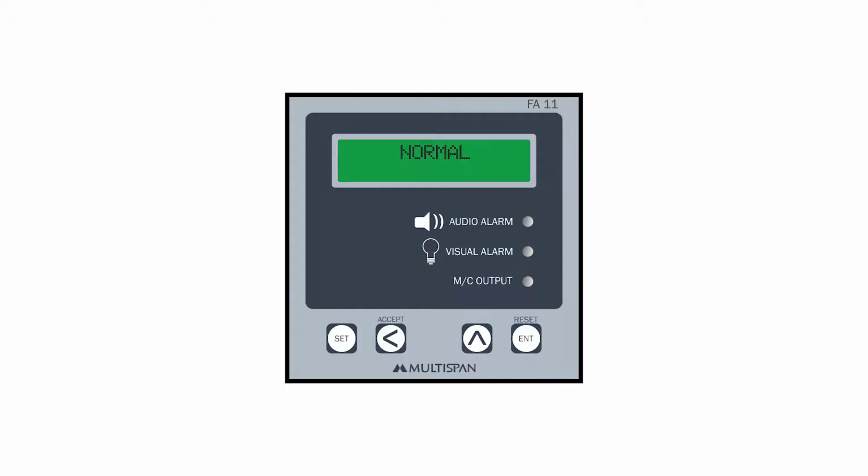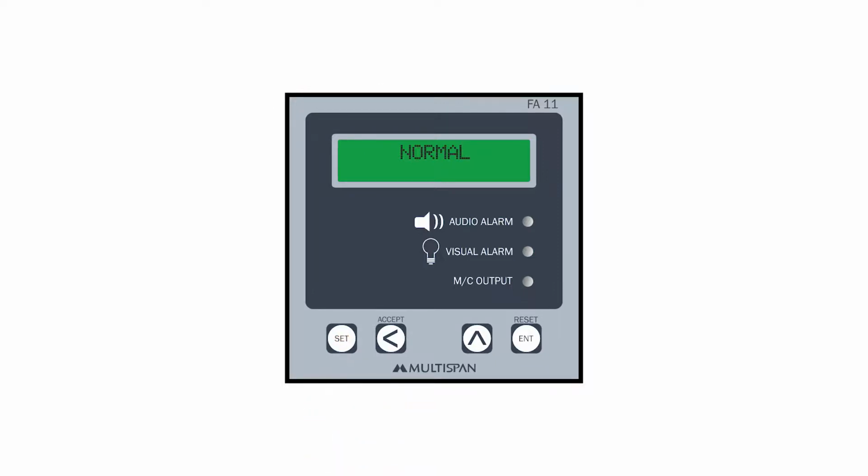To select the same, press the set key for 4 seconds and you will see a password option. Enter password 25 using the up key, then press the set key to enter the menu. Now you can see in the display fault selection, where you can select NO or NC. Again press the set key so that you are returned to the main screen.